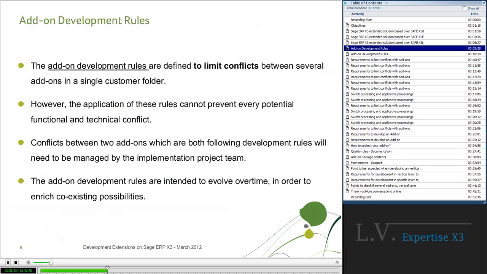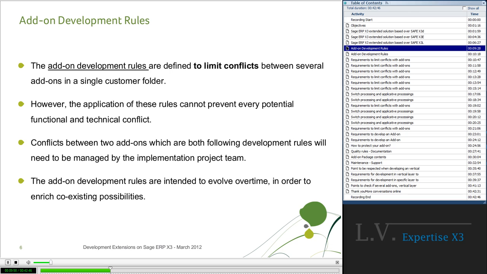Now, some development rules, especially for add-ons. The add-on development rules are defined to limit conflicts between several add-ons in the single customer folder. However, the application of these rules cannot prevent every potential functional and technical conflict.